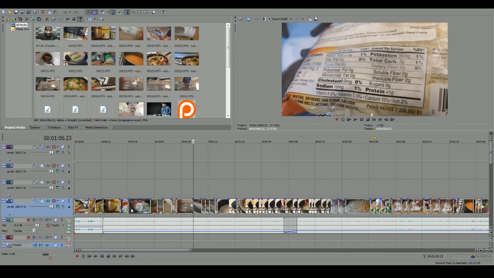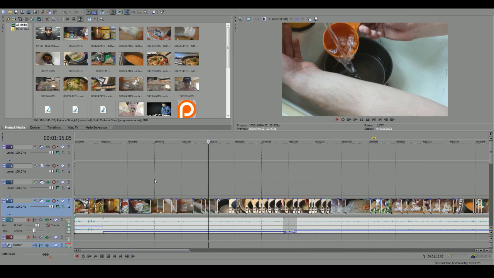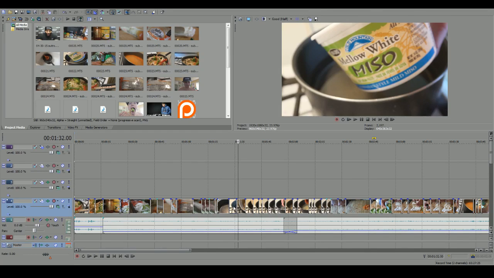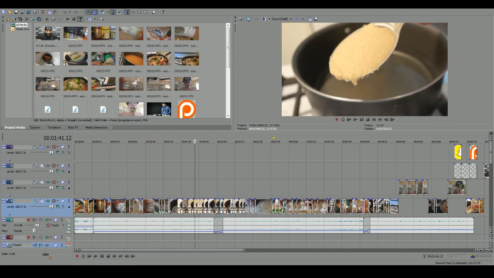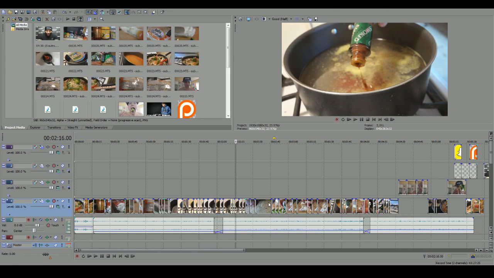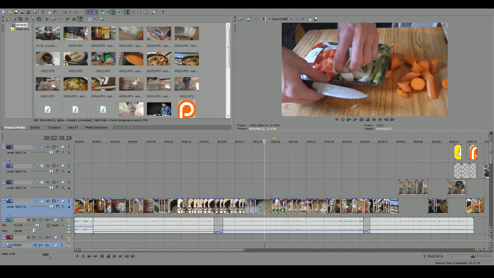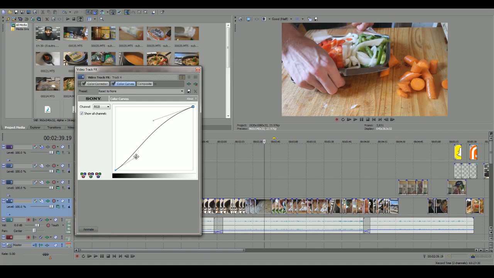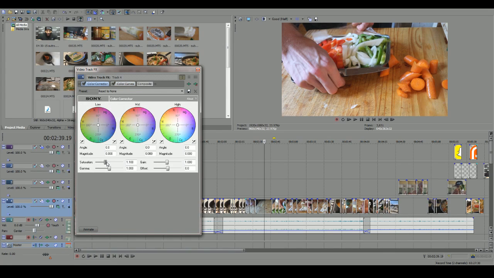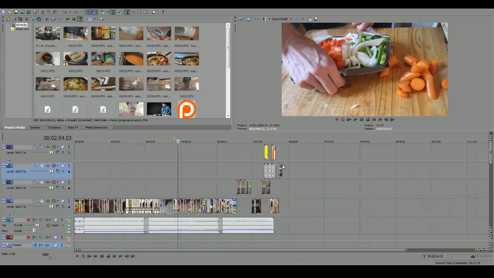But generally, all food does really well with an increase in saturation and a slight S-curve with the color curves, meaning that you raise the brightness and just slightly drop the contrast or the darkness, which is like this. So just a little bit. And we actually have pretty full colors already, so I don't really want to increase the saturation too much. Definitely not by 10%, maybe by 2%.